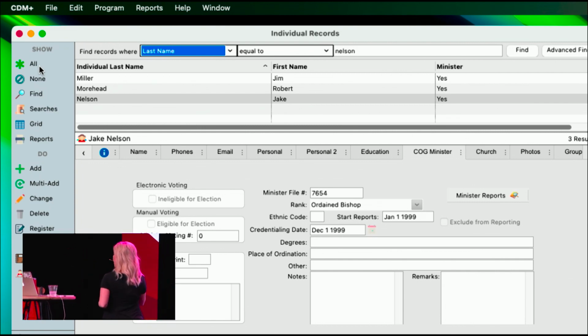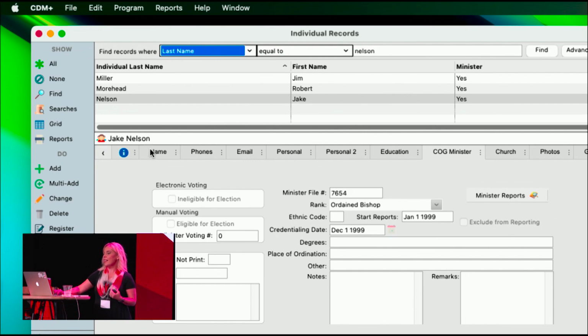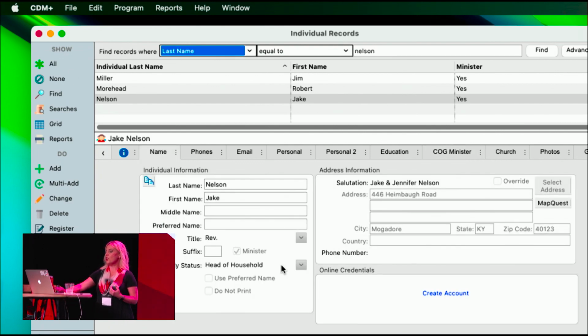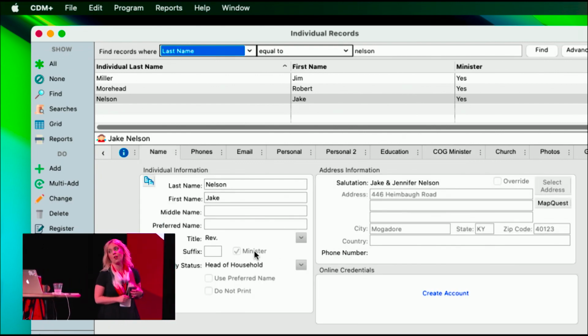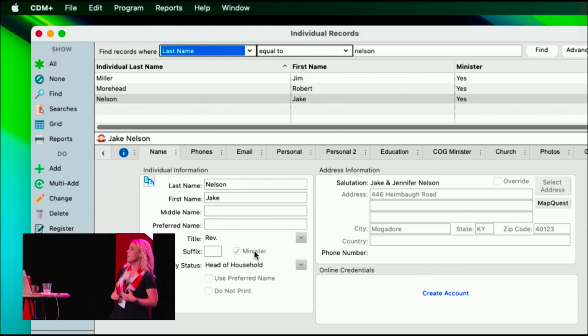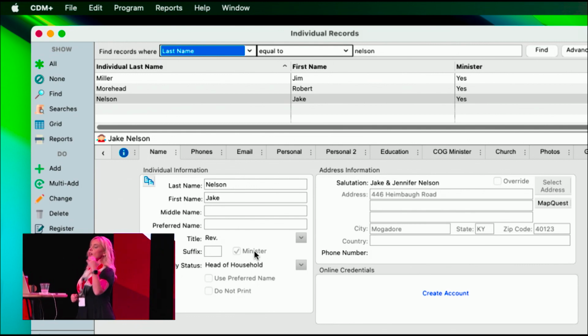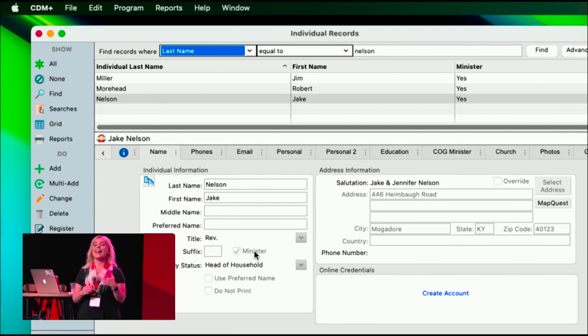That box, yep. That minister's checkbox. This makes them a minister. So if you're doing reports and they don't show up on that report and you just said all ministers, or you're doing a find in the window and you tell it to do ministers equal to yes, and this person doesn't show up and you put them in the system, did you